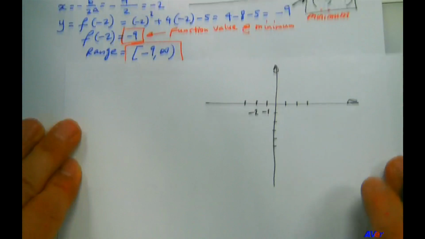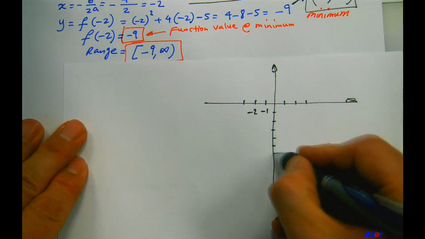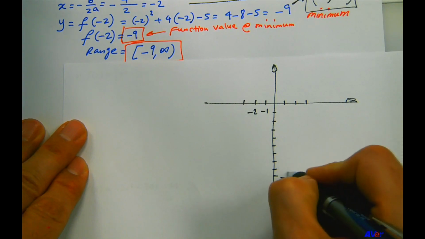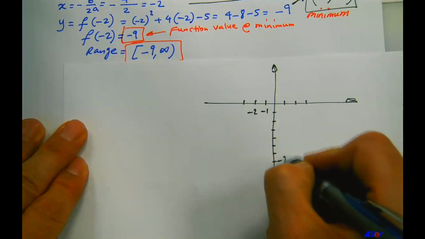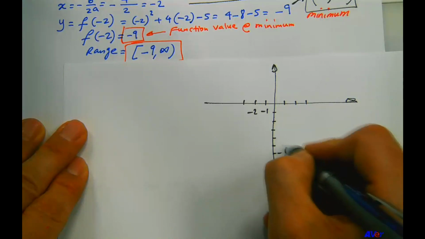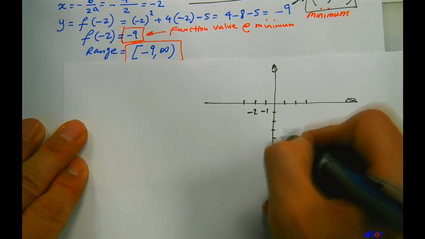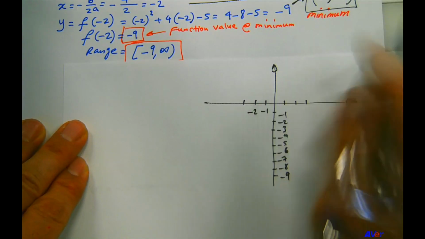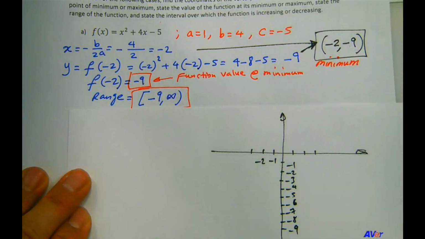Let me move this up a little bit. 6, 7, 8, 9. Right? So this is -9, -8, -7, -6. This is just a rough sketch to make a point. So like that, right? So the vertex is -2 comma -9,